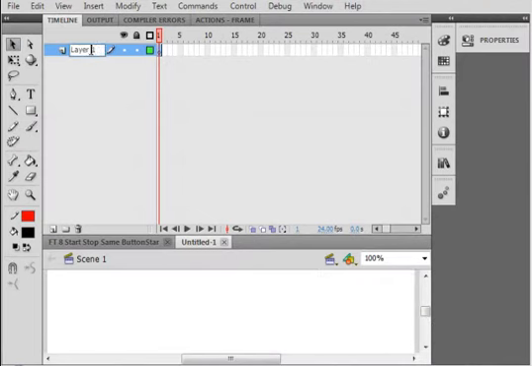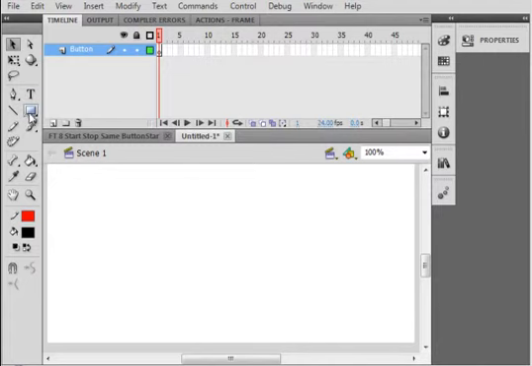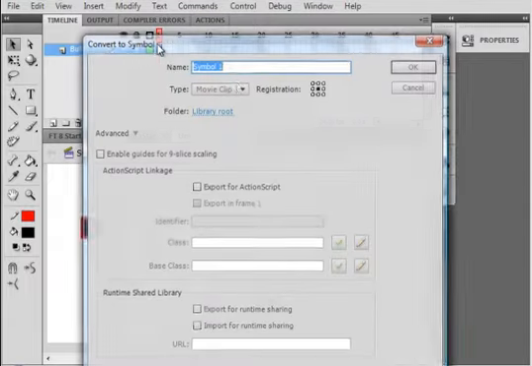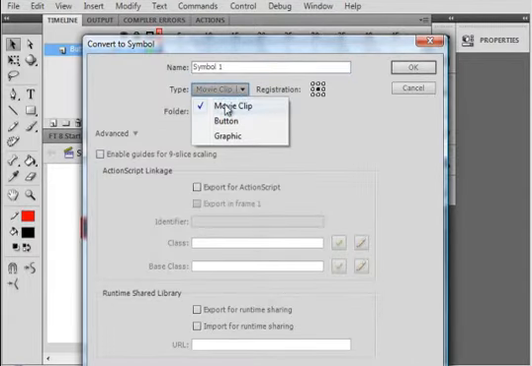And this first layer I'm going to call Button, B-U-T-T-O-N, and I'm going to make a little button. I'm keeping whatever stroke and fill I have, it's not important. Making a rectangle. I'm highlighting it, modify it, convert it to a symbol, make sure movie clip is selected, and